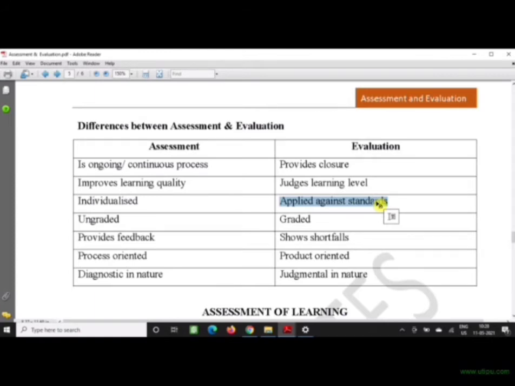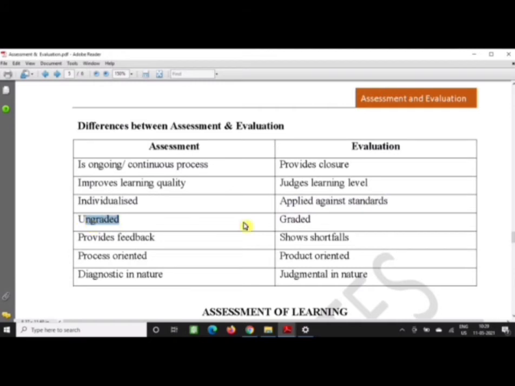Nobody has said that 50 and above fall under this category, or 40 falls under this category. It is declared by external bodies. So whoever has scored 60 and above is considered to be first division. The standard has already been established, and evaluation works based on that standard.